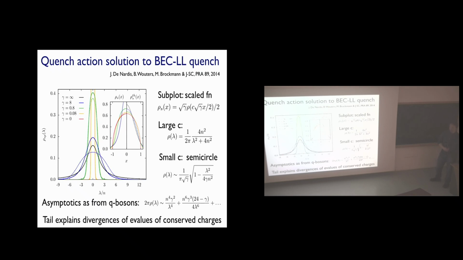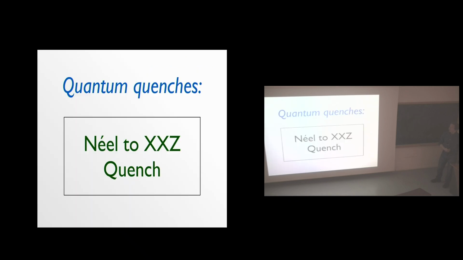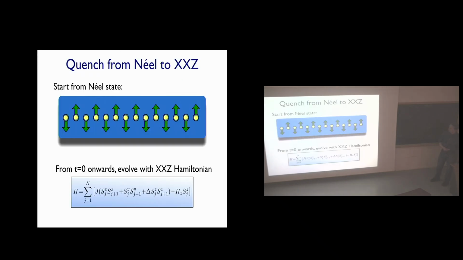Now there's a second case in which we're able to do something. And now I'm going to do the same story, but with a spin chain. The quench I'm going to do now is I'm going to start from a purely antiferromagnetic state, a Néel-ordered state. And I'm going to time evolve that state according to a Heisenberg Hamiltonian with an anisotropy that I'll tune to what I want. So at first I'm fully ordered like this, and the time evolution of that thing is going to melt for me the antiferromagnetic order.